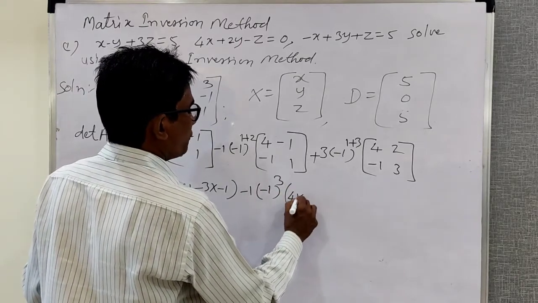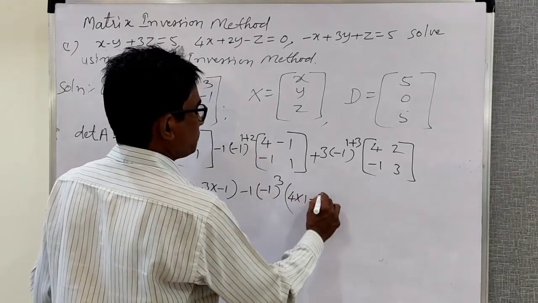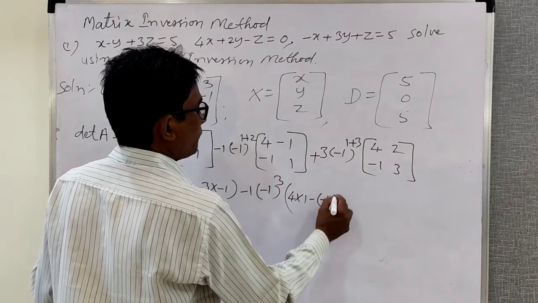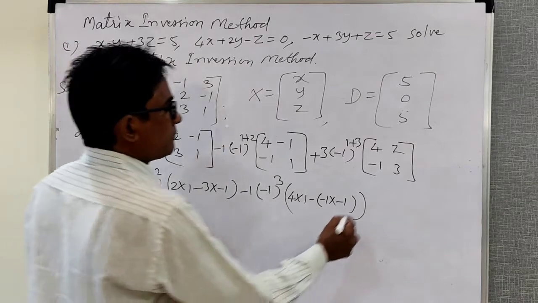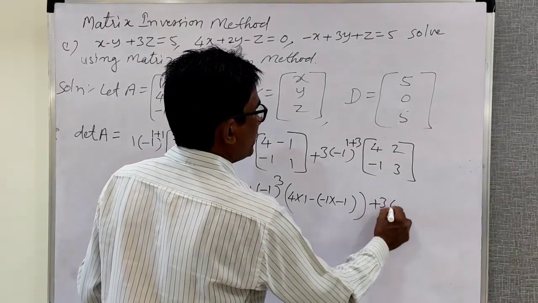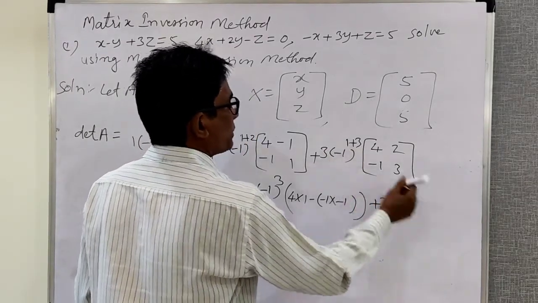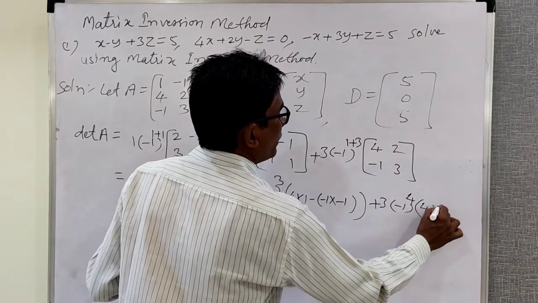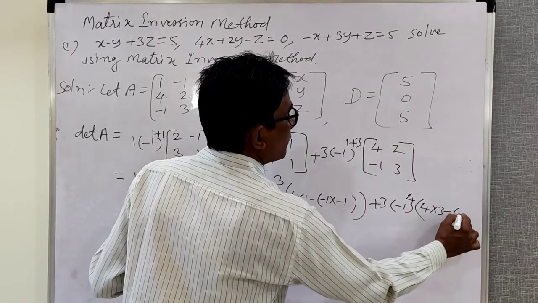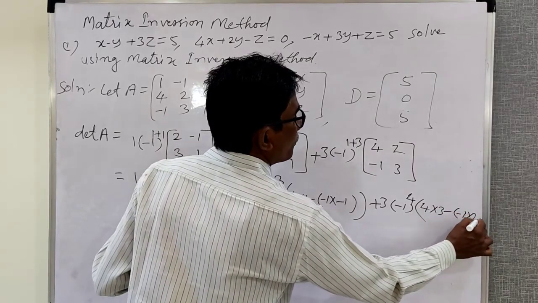This is 4 into 1 minus -1 into -1, plus 3 into -1 power 1 plus 3, 4, and 4 into 3 minus -1 into 2,